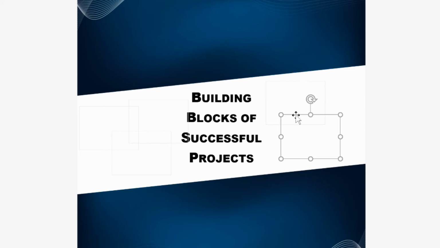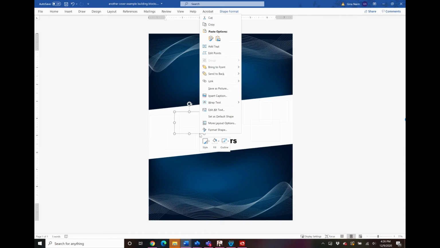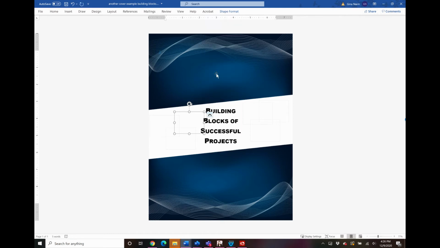Just as another little graphical element. And I'm just Control V-ing every time to continue to make these rectangles. And then I'll go ahead and send this one to back. I right clicked and hit send to back there. And if you don't like how it runs into the text, you can certainly click on that and move it over, just like so.